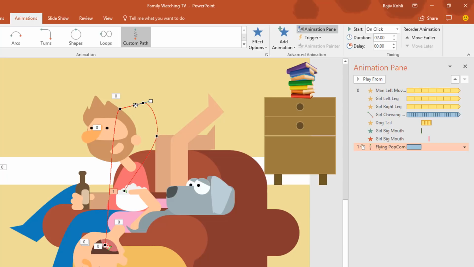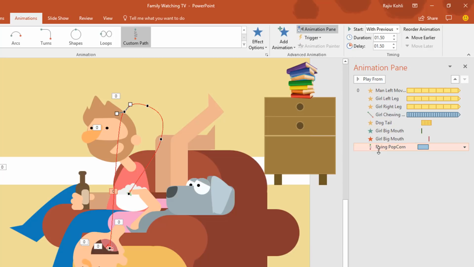You can even adjust the paths by moving these lines. That's fine. I want to apply with previous here, and a duration of around 1.5 seconds and a delay of 1.5 seconds,